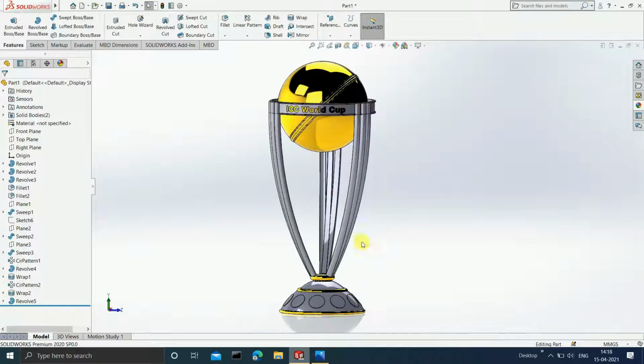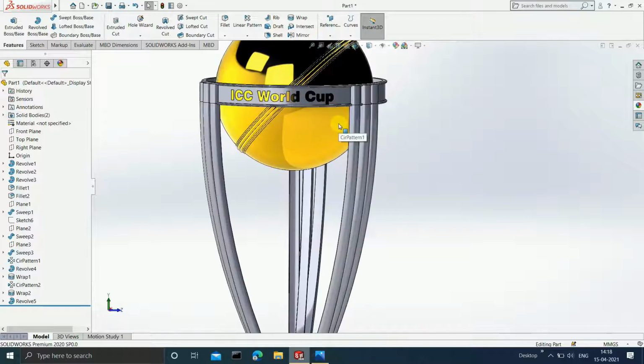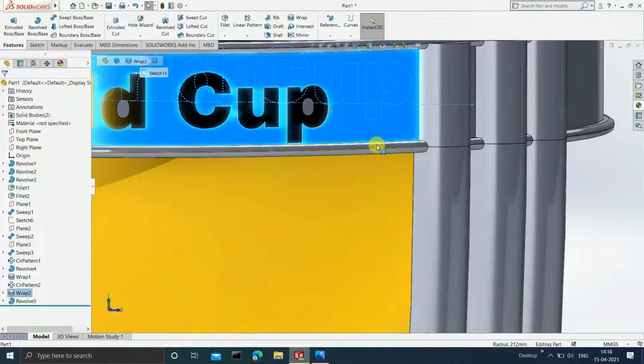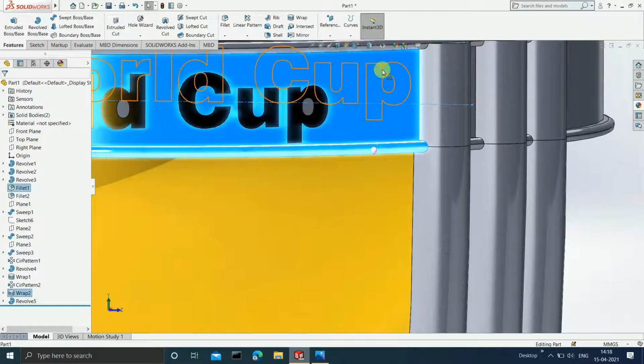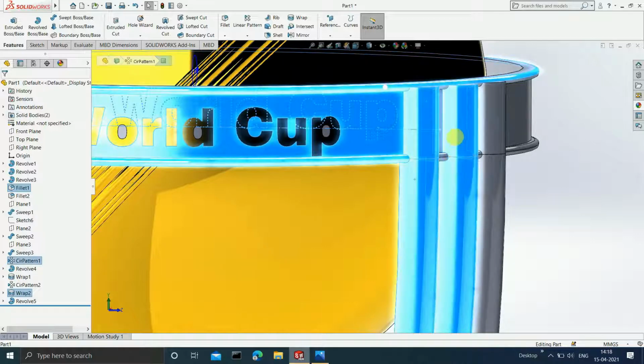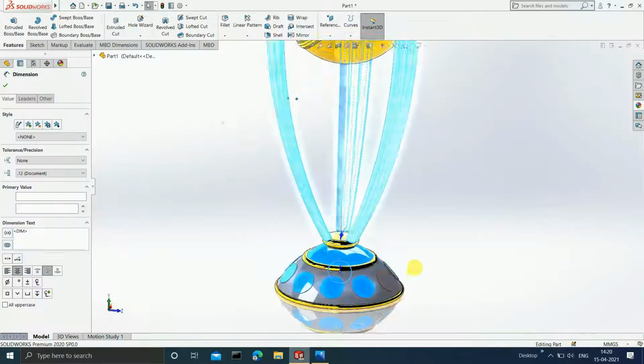Now it is time for us to give the silver color. Again, the silver color is not good in SolidWorks, so I have one more alternative for that. What you can do is select everything wherever silver color is present. Select everything, guys.